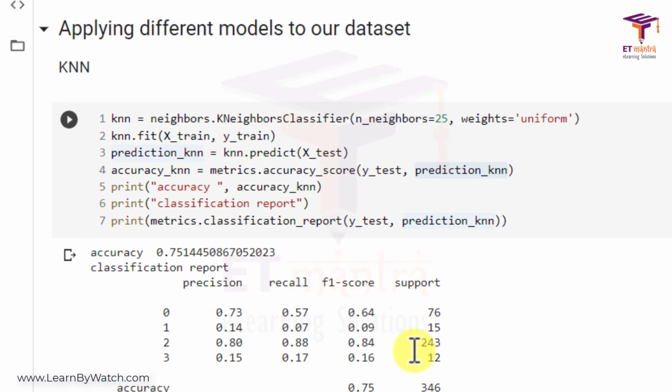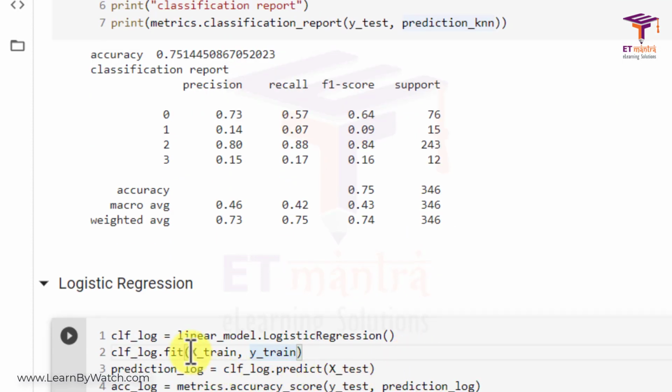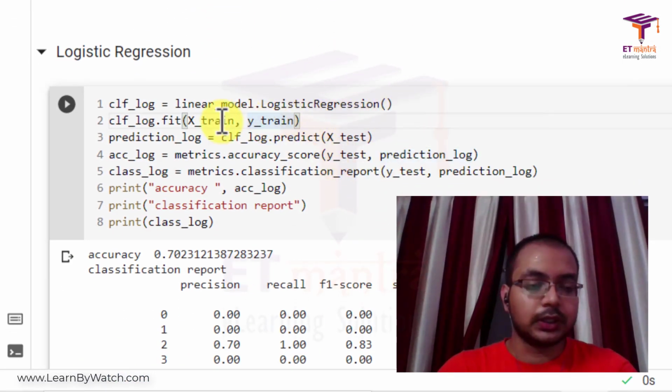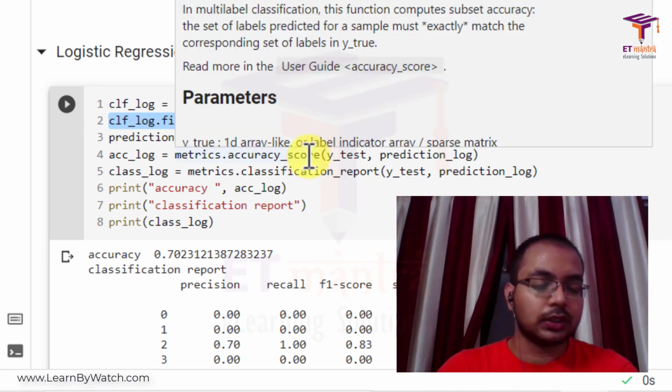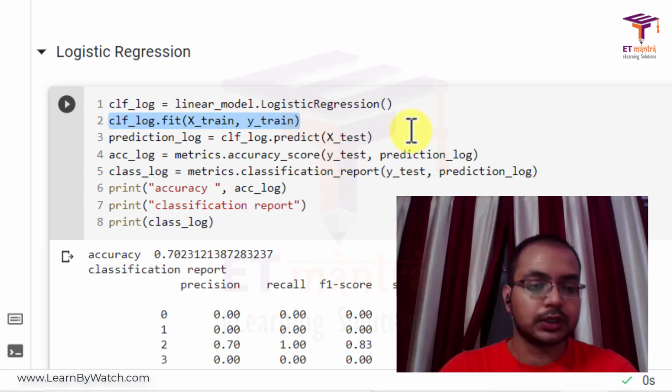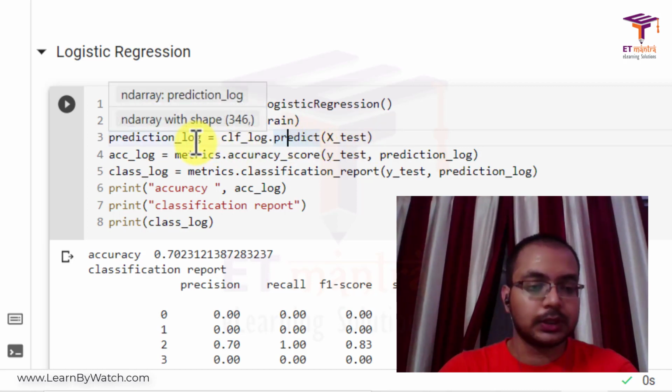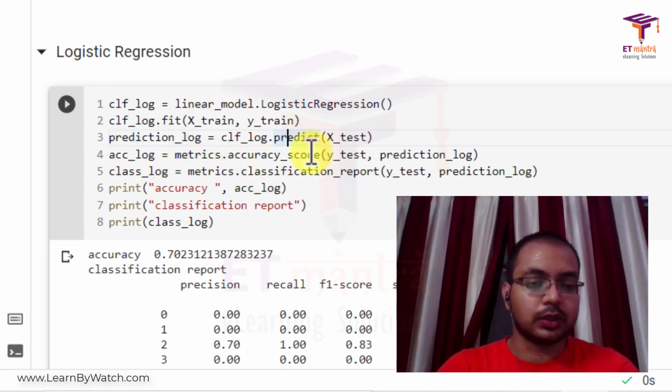Okay, we have seen how easy it is to apply KNN with just functions. Now we'll apply logistic regression. The format is the same. We first create an object from linear_model.LogisticRegression. Then we fit our X_train and y_train. You can again see that just by using one line of code, we need not write all the equations and all those cost functions and hypothesis functions, and our model is trained. Then using .predict, we predict our output labels, and then we calculate the accuracy score by passing the actual label and the predicted label,